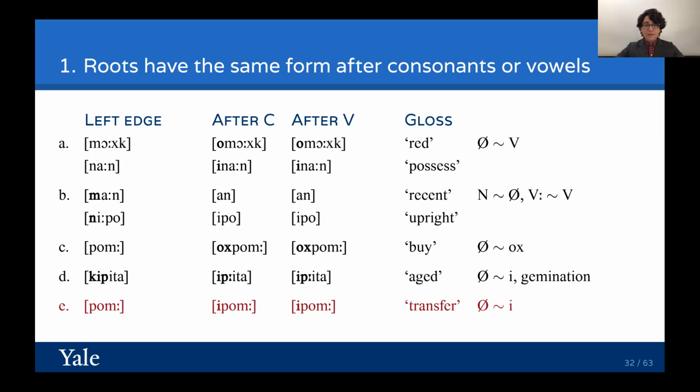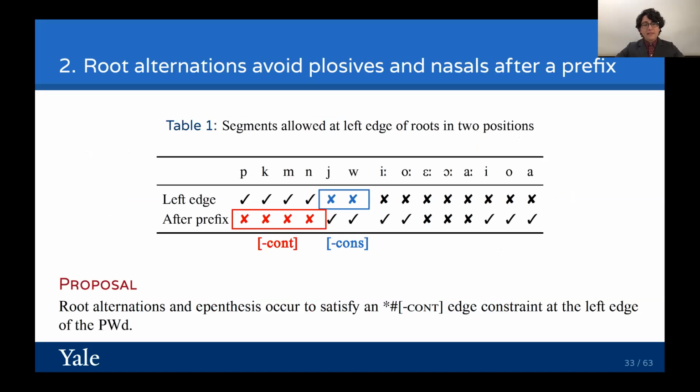Now, the second generalization that we should look at is if we make generalizations over the left edge of roots in both of these locations, then we see that there are particular places and particular consonants that are prohibited. So when looking at the left edge of the phonological phrase, there is no root that begins with a glide in that location. The phonological phrase never begins with a glide. And similarly, when looking after a prefix, there is no root that begins with a stop, whether it's a plosive